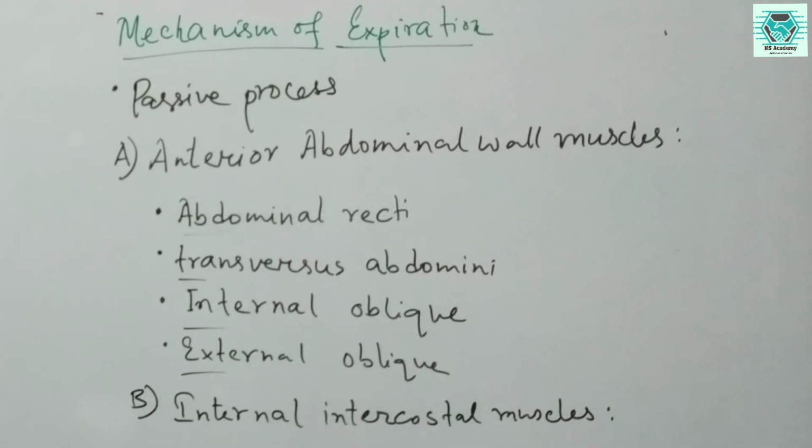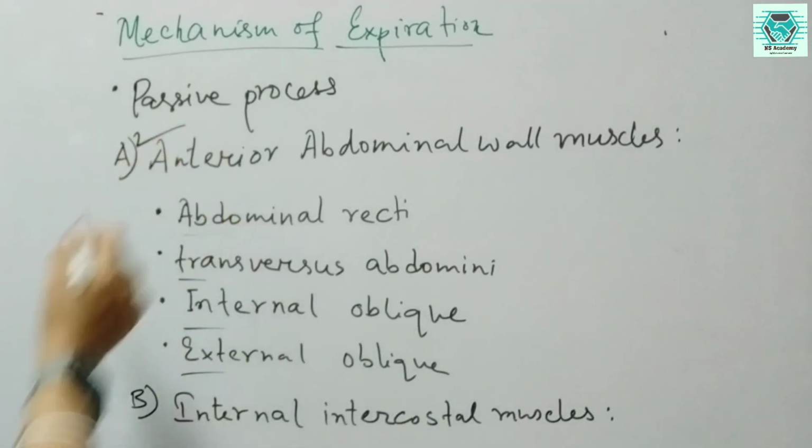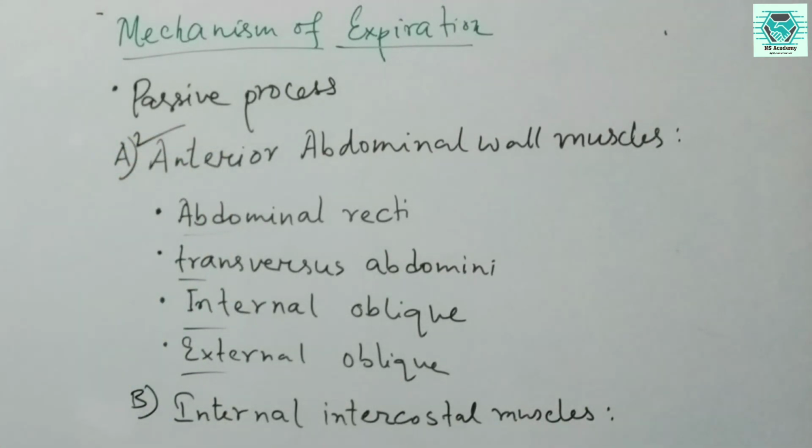Now the mechanism. Basically, the contraction of the anterior abdominal wall muscles increases intra-abdominal pressure and draws the lower ribs down and medially, thereby pushing the diaphragm upwards, thus aiding in expiration. So here, first the anterior abdominal wall muscles actually help in lifting the diaphragm. And next,